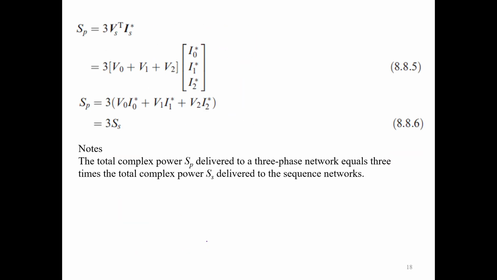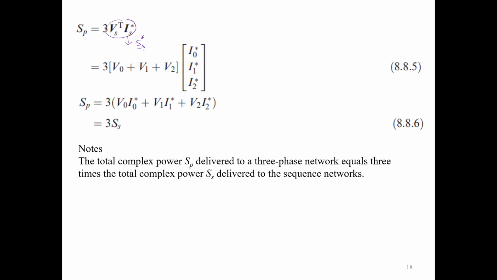Now you have this equation. This equation tells you that SP is equal to 3 times Vs transpose times Is conjugate. Basically, if you see just this term, Vs transpose times Is, this would translate into what? This would translate into S of S,